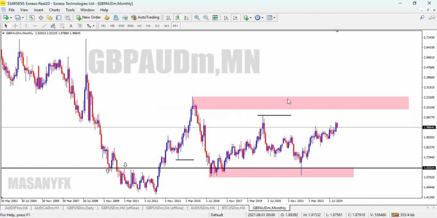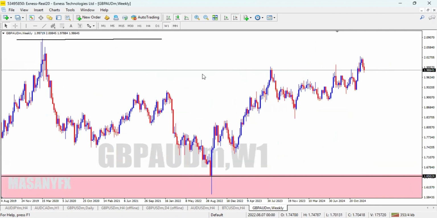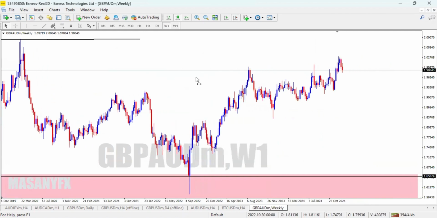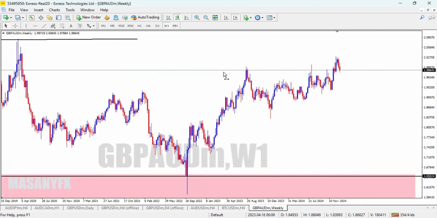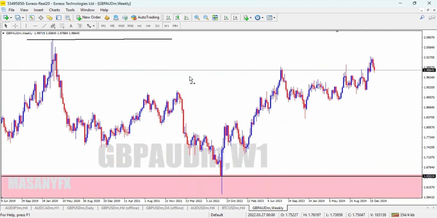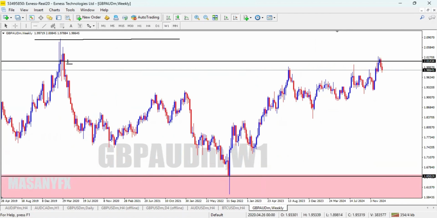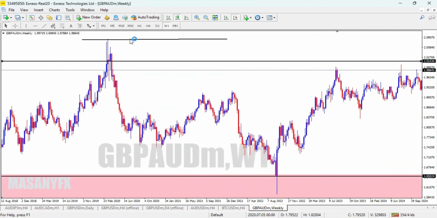So we need to come back here. So what am I looking for now? I am looking for buying opportunities. Let me go to weekly time frame. Maybe I will see something. Okay, on weekly I see this. The price compressing to this zone. But I know that this zone is a trap because